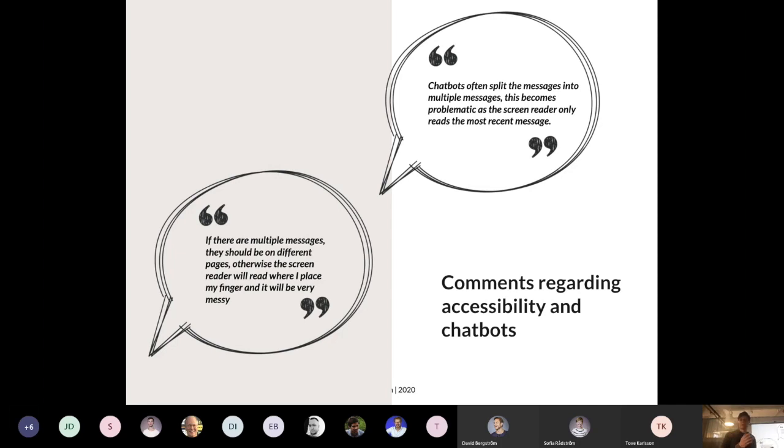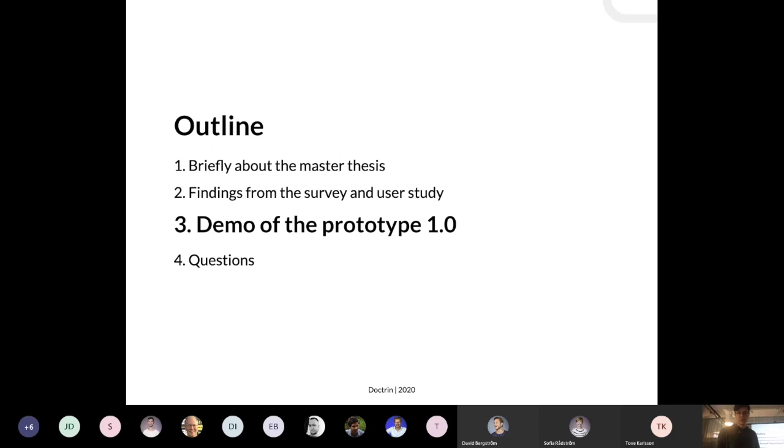So this makes it very hard for them to understand the flow in the conversation. So this was one of the reasons why I created this prototype, which I will show you later on, to just split it up in different pages instead. So the demo of prototype number 1.